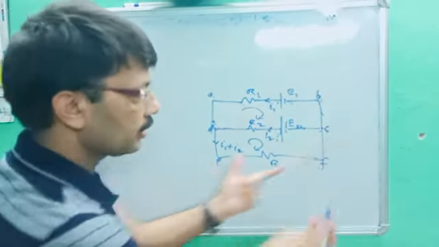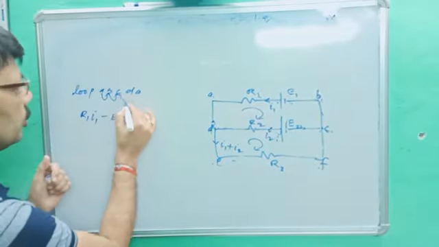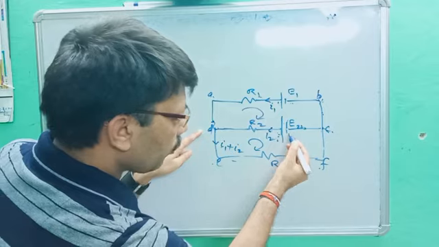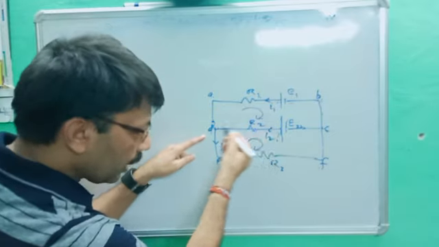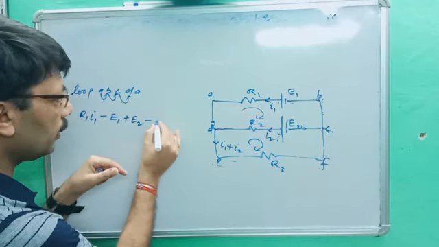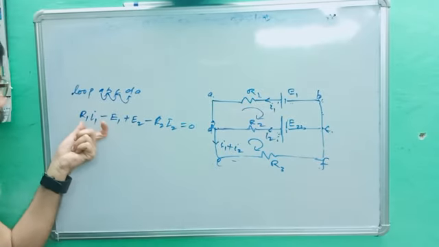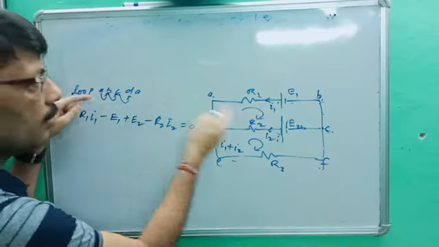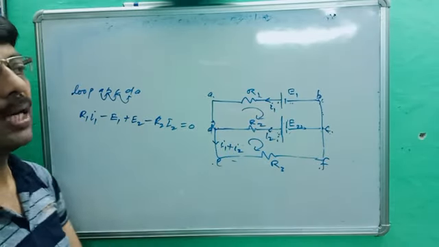Again B to C. What is B to C? B to C is nothing. No resistance, so no current. Although current is drawn, the multiplication will be 0. Again C to D. What is the value from C to D? You are moving from negative to positive, so first it will be E2, and then you are moving in the direction of current I2, which is again C to D. It means it will be minus R2 I2 equal to 0. You can see the algebraic sum of all potentials is 0. So this is the first loop A, B, C, D, A. If you move in the opposite direction, the signs will be reversed, but there will be no change in the answer.